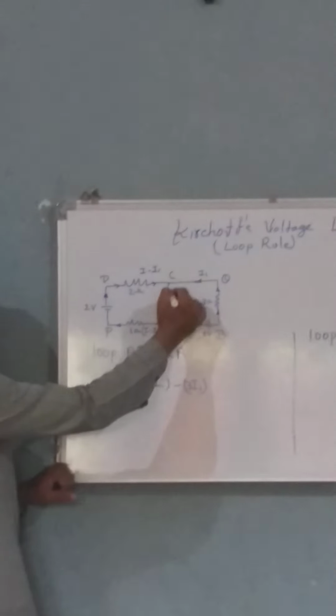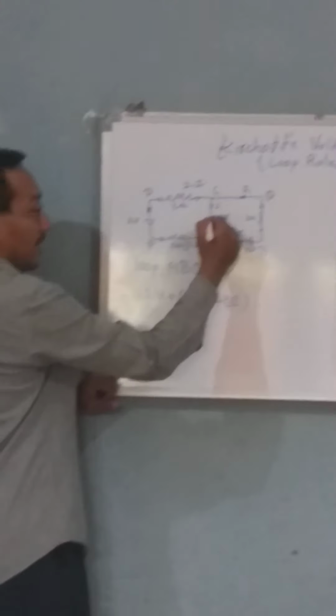Next, this current is going to continue. This is the current I minus I1, and this is the current I1. They combine at point C, and the current we get over here will again be the current I. So we continue with this current I up to A. In between there is no resistance, so the only part left is the 4 volt battery on the left side. Again it goes from negative to positive, so there is a rise in potential, and that will be plus 4 volts. The total algebraic sum of voltages and EMFs is equal to 0.